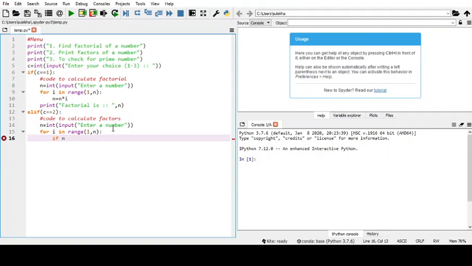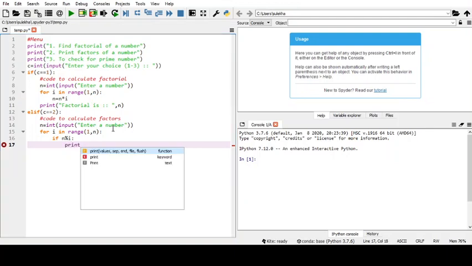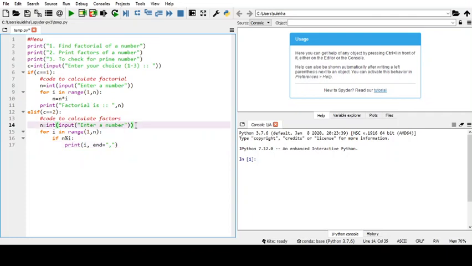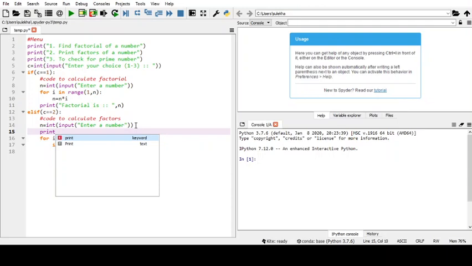If n is divisible by i, then print i, and I am specifying with a comma, and here I'm writing print factors are.